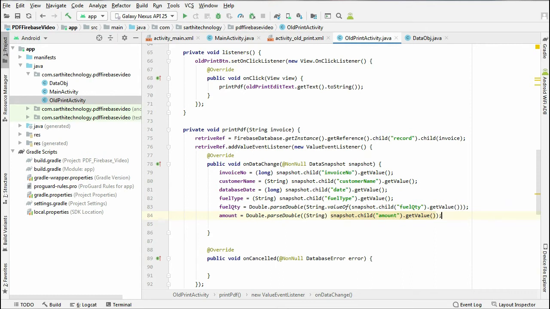So now we have all the values in these objects, and now we can try to make the PDF.